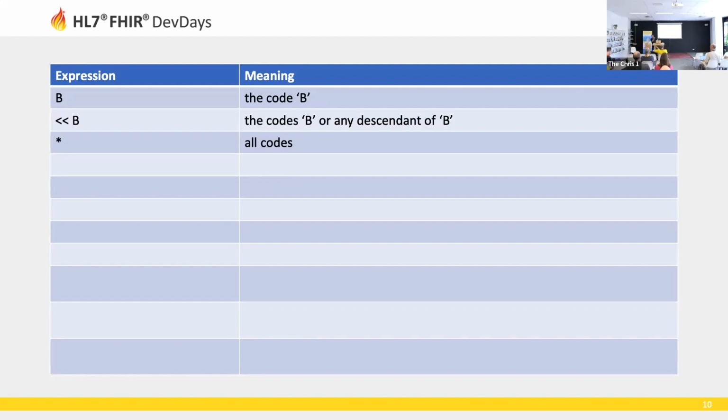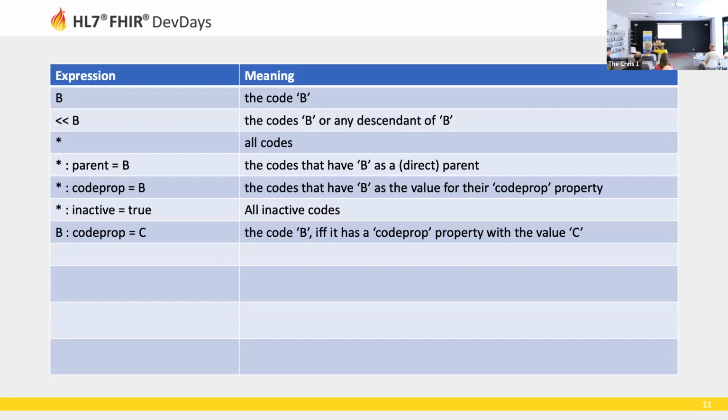So we've got the code itself, matches the code itself. Double less than is the code or any descendants of it. We've got wildcard, so star means anything. And then we've got star colon parent equal b. So this is all codes such that, so you can read the colon as such that. So any code that has a parent with a value b. If you have a code valued property, parent is a code valued property, but you have another code valued property, it's the same sort of syntax. This is a Boolean valued property, so inactive equals true,